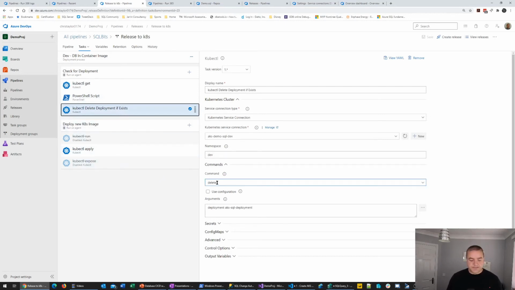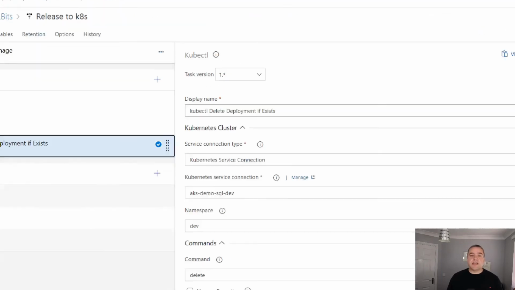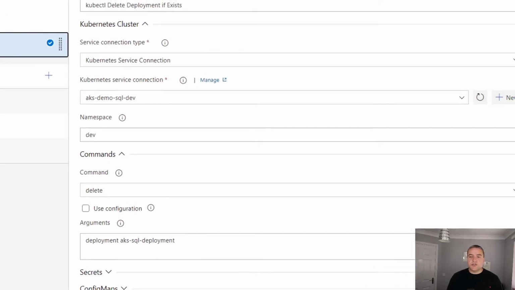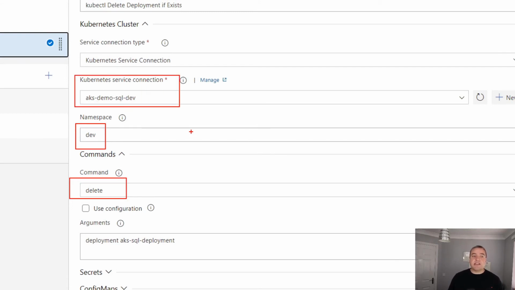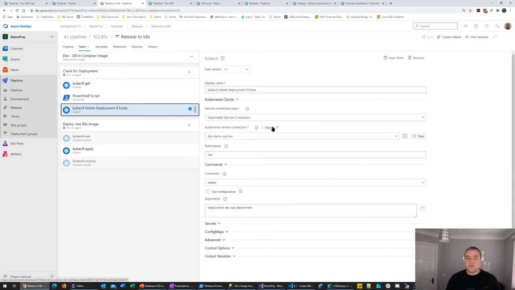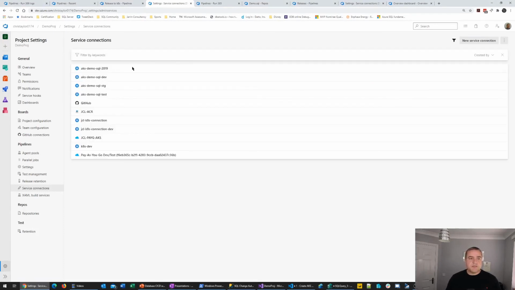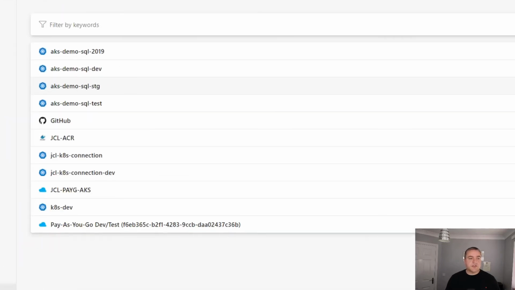Let's delete it. So we've got a Kubernetes task, and within that you've got the different commands where you can choose: do I want to delete, do I want to get, do I want to apply, choose your namespace, and you've also got the ability to hook directly into your Kubernetes cluster by creating a service connection. So we'll very quickly have a look at that. In the service connections, if I go back a step, you will see a list of the ones I already have,